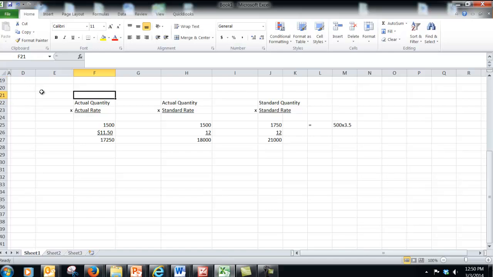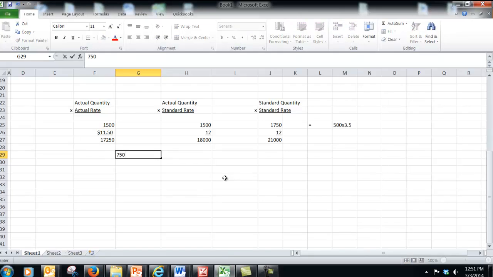Okay, so we can use the same setup to figure out what this one is. Once again, we have actual, standard, and actual and standard. So before we get started here, we're going to need to take a look and say, okay, how much are we talking about for this over here? This standard quantity is something that we have to figure out. It tells us that we're making 500 units, and it requires 3.5 standard hours per unit. So that's where we got this right here. So we look at the difference between these two here,